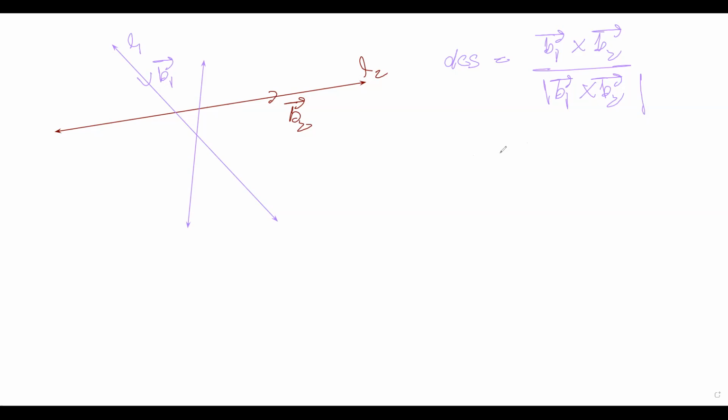Can you tell me the equation? This would be something like this. Just fill out the blanks. (x minus 1) divided by, (y minus 2) divided by, equals to (z plus 4) divided by